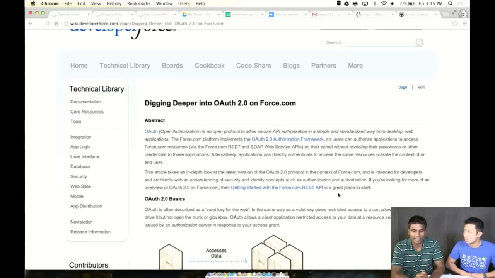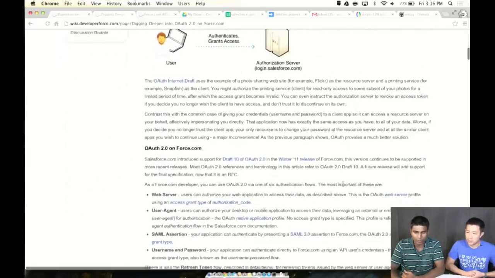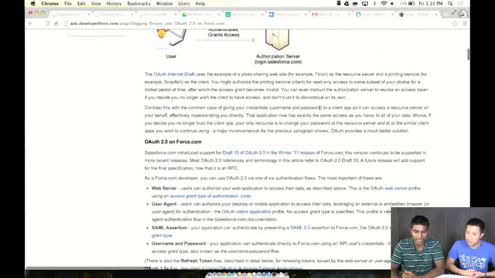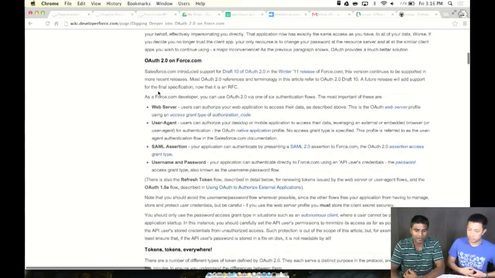That's right. And Salesforce actually does a really good job of explaining this as well. They have a really good resource here on their developer force wiki, and you can just search for it, and we'll make sure to include a link for this as well. It's a really good overview of all the cool things that the API can do, different approaches,